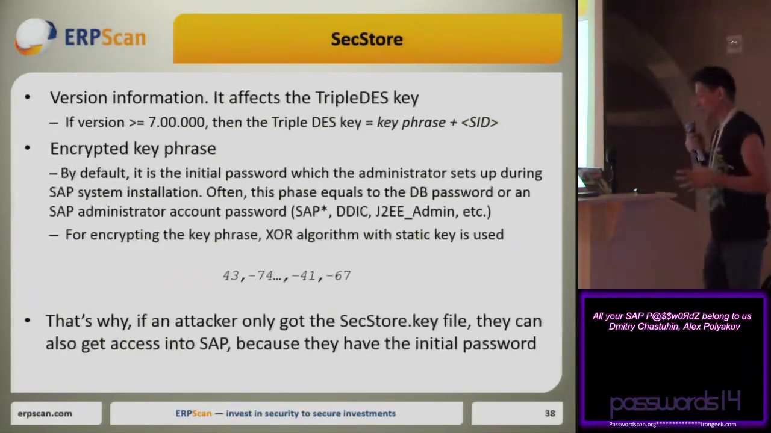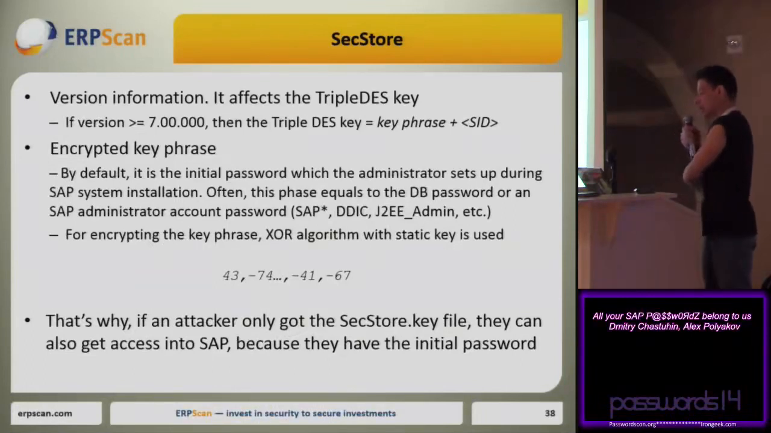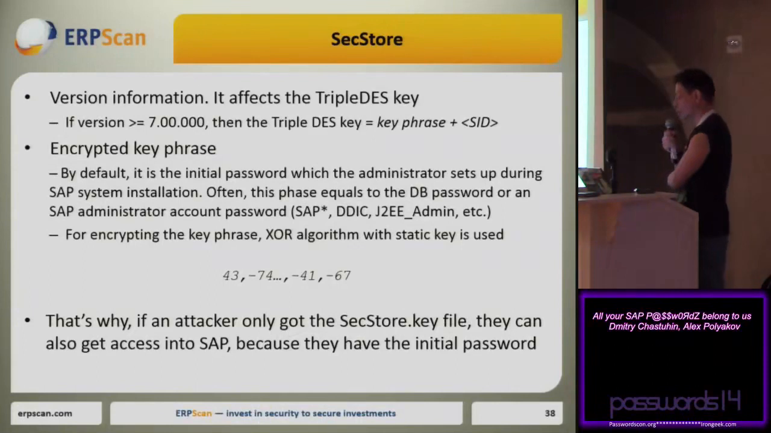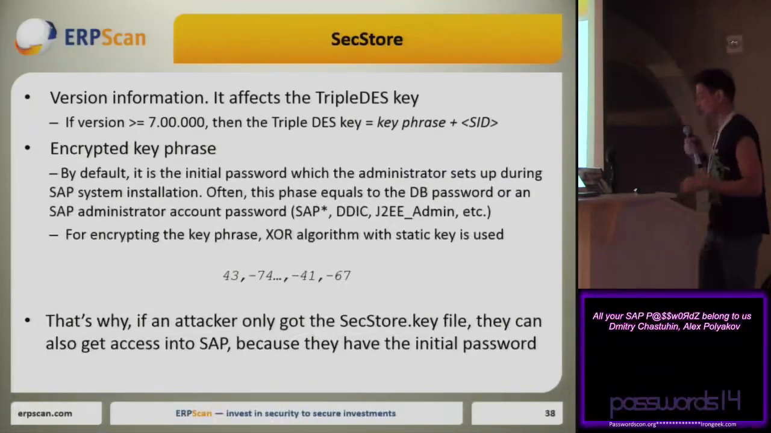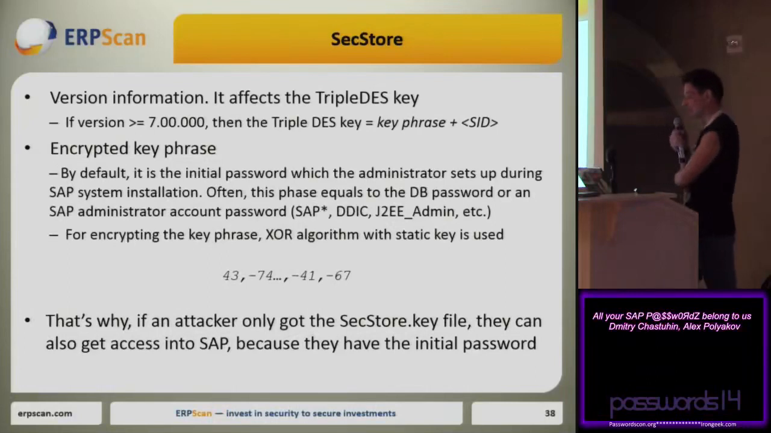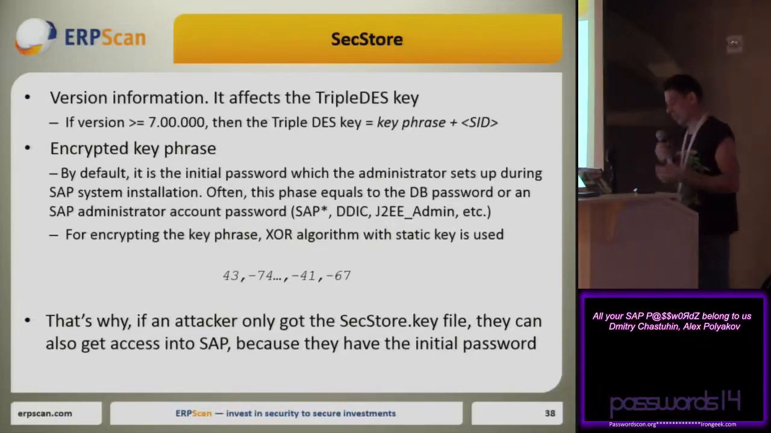Version information. Depending on the version, the triple DES key may be changed. For example, if the version of the key file is above 7.0, this means the key equals the key phrase plus the SID of SAP. The next one is the encrypted key phrase. By default, it is an initial password which the administrator set up during